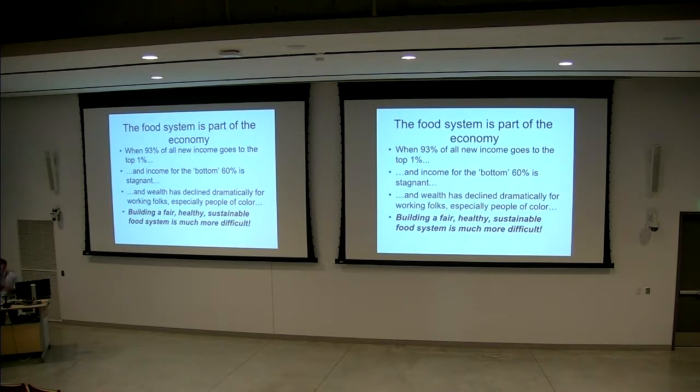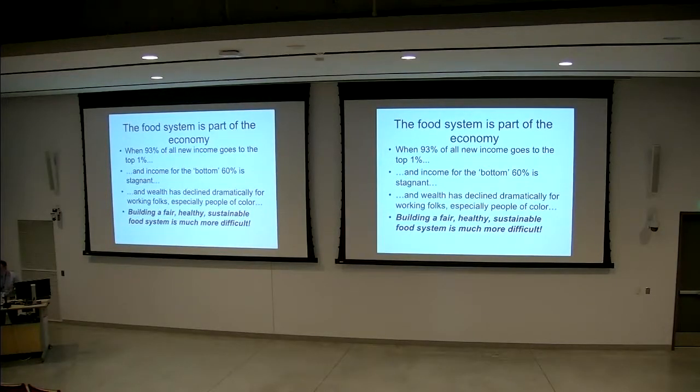And as a result, we've got to take stock of the fact that we're part of this system. So when we're setting up a farmer's market or a CSA, or we're working on aggregation, and we're talking to the folks at ASU or anything else about buying local food, and we're trying to persuade local people to buy more from local farmers, we've got to remember that we live in a time where for decades now, income has been concentrating into a smaller and smaller group, which means that ordinary people, most of our customers, middle class and working folks, have not seen a wage increase in over a generation for the most part.